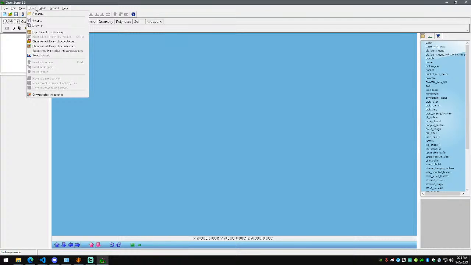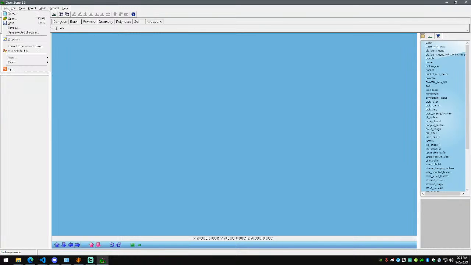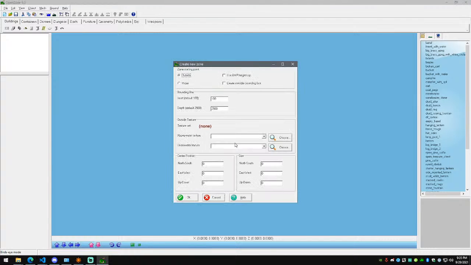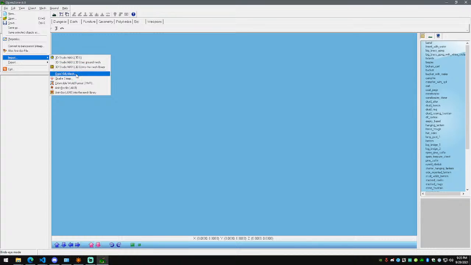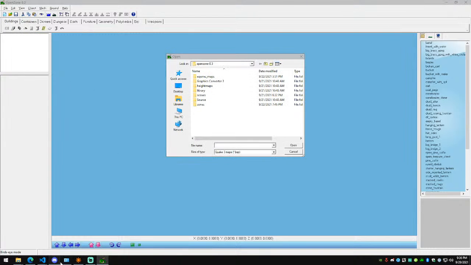but I don't actually see what I'm looking for too well. I know when you do new, you can see here the above water, underwater, some bounding box, but this is all for data that you create inside of OpenZone. When you just import, I don't think that's as important. So